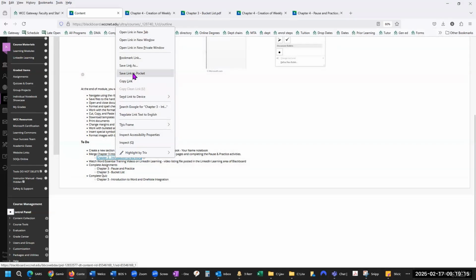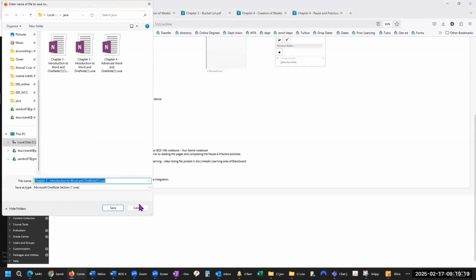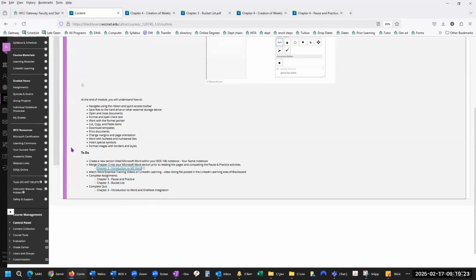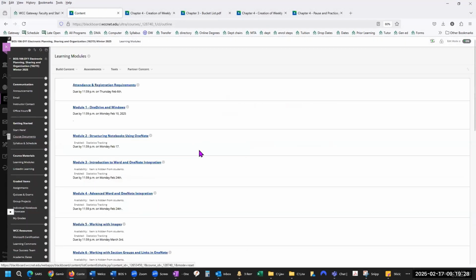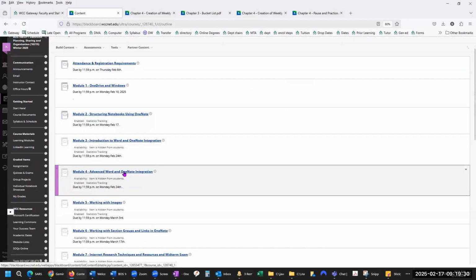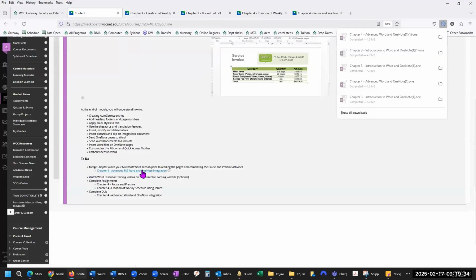You could also right click and say save link as, and then you can save it anywhere you want. All right, so you would do that for module 3. I'm going to do it at the same time. I think it's worth just doing it all at the same time, then downloading